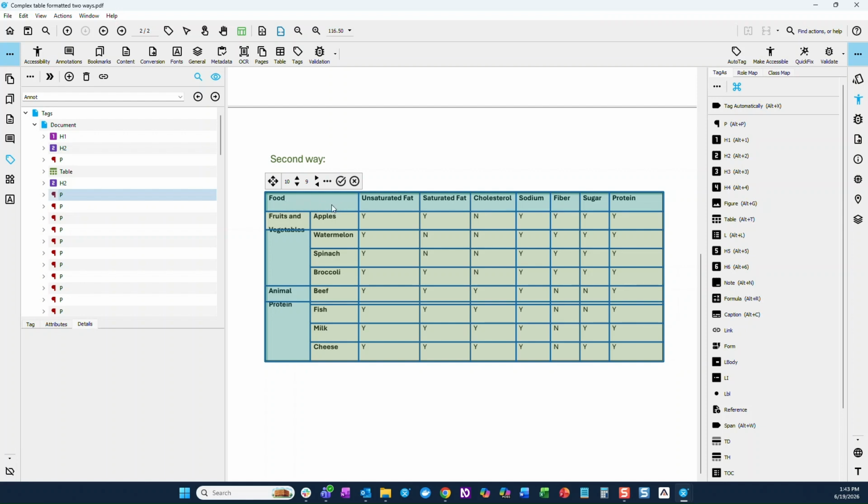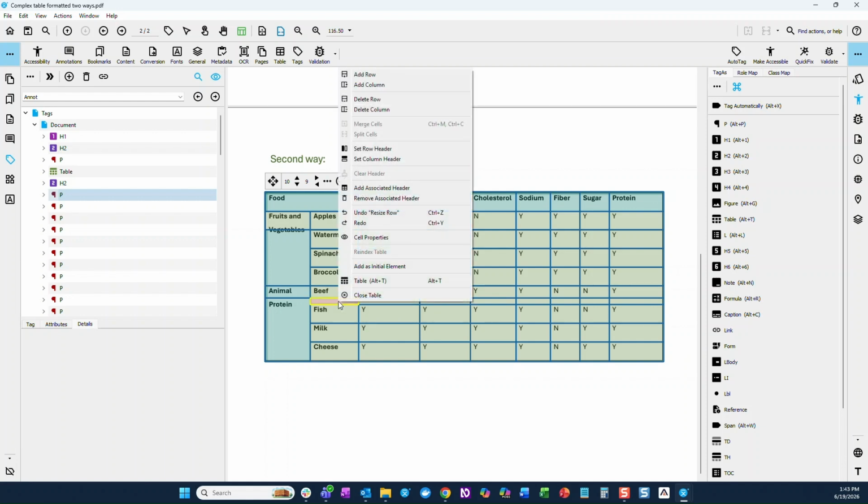This is correct. However, I do see that there's a couple spots here that might need some touch up. For example, further down in the table, it looks like there's a very narrow but extra row in here. I can just select one of those cells, right click on it, and then I can delete that row. Notice from the context menu, I can delete rows, I can delete columns if I need to, or if PDFix missed a row or a column that should have been in the table, I can easily add rows and columns as well. But in this case, that's an extra row, so I'm going to go ahead and delete that